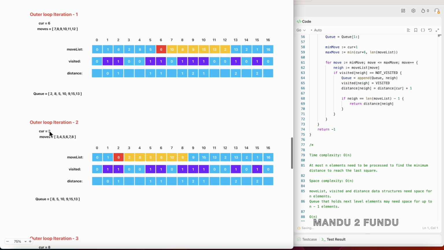And then in the next outer loop iteration 2, we dequeued number 2. The possible 6 moves from 2 range from 3 to 8. So we read the final destination from the move list for those positions and check whether they are already visited or not. Depending on that, we take action. For example, here 2 is already visited,